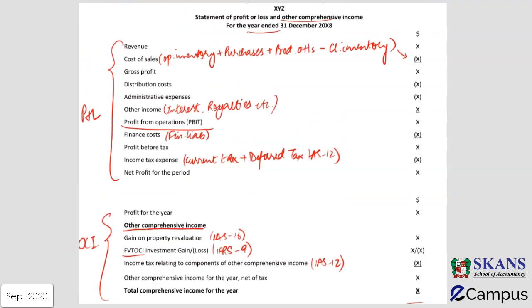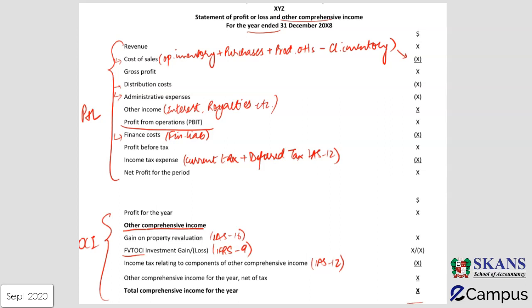In this case, it is assumed that all the expenses in the business are categorized into either cost of sales, distribution cost, admin cost, or finance cost. So maybe if there is a depreciation of plant, that will be charged to cost of sales because it is directly related to production process. If there is depreciation of motor vehicle, it might be charged to distribution cost. If there is a depreciation of administrative building, then it might be shown in administrative expenses. So the expenses are distributed, or you can say apportioned, in relevant heads, and they are shown as a combined figure in our statement of profit or loss.